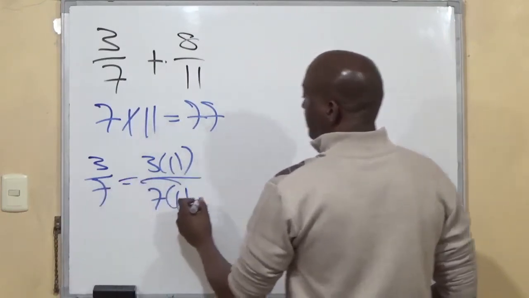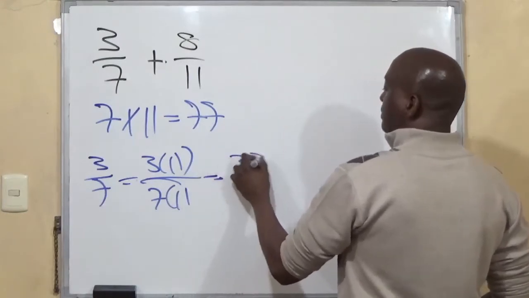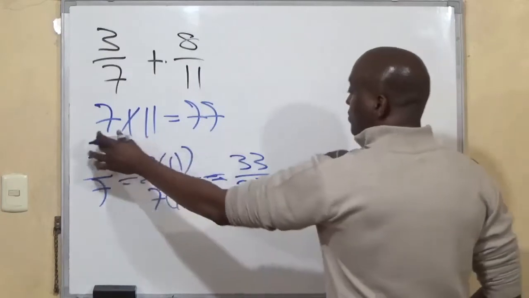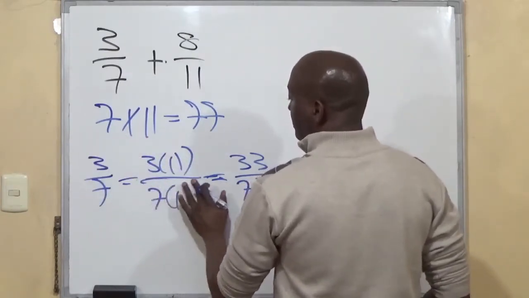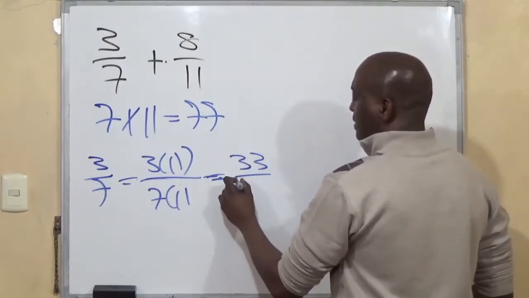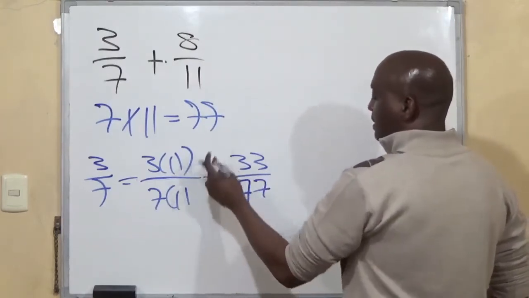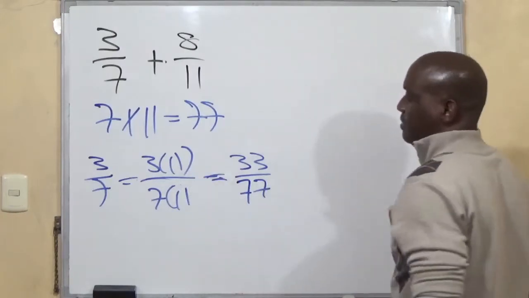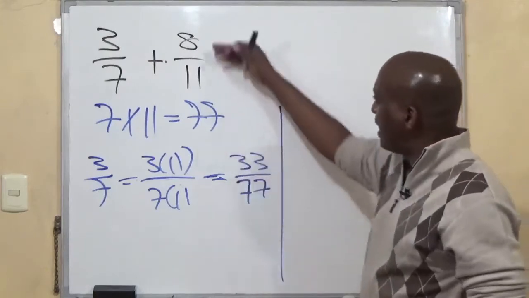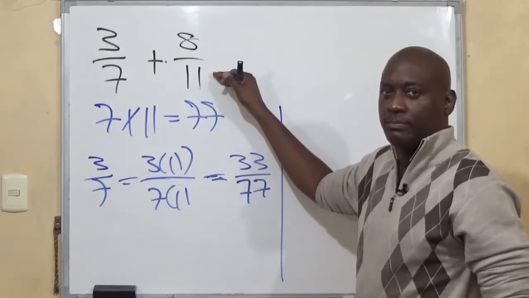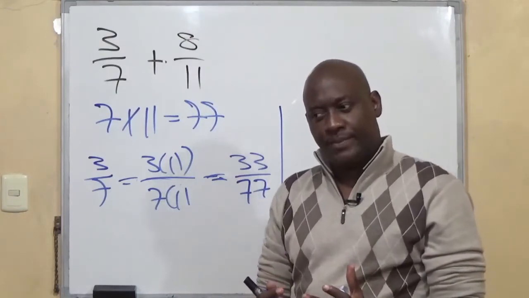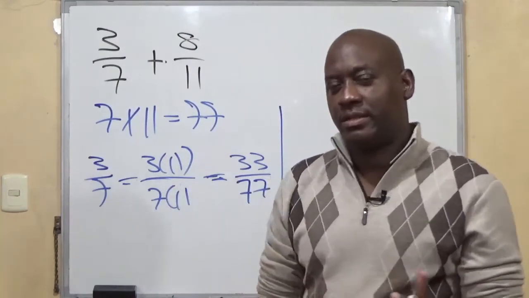Yeah, right? 3 by 11 is 33. 7 by 11 is 77. So 3 over 7 is the same thing as 33 over 77, which we could kind of see instinctively, right? You multiply the top and the bottom by 11 and you get 33 over 77. By the same token, you have 8 over 11, and you want to alter the appearance of 8 over 11 to change it into a fraction where the denominator